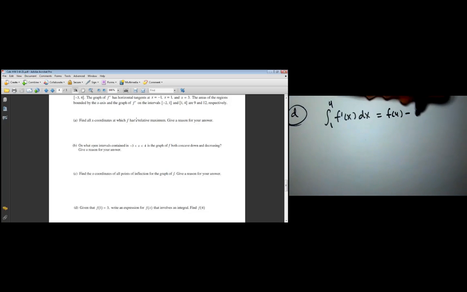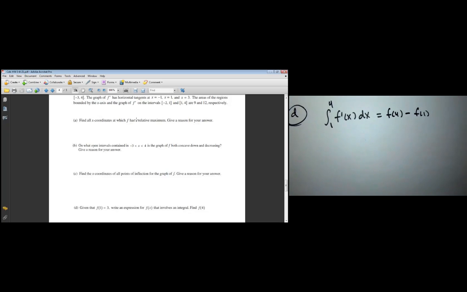All right. Then let's take a look at D. Given that f of 1 is equal to 3, find us an expression for f of x and find f of 4. This is now hopefully much more obvious to you after doing particle motion and other stuff that this is an FTC question. So first thing we want to do is write the expression for f of x. So for D, we're going to say that the integral of f prime of x dx from a bound I know, which is 1, and a bound I want, which is 4, is equal to f of 4 minus f